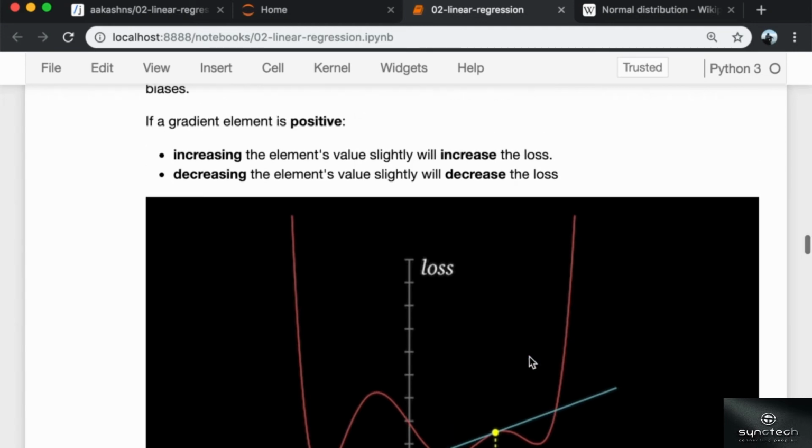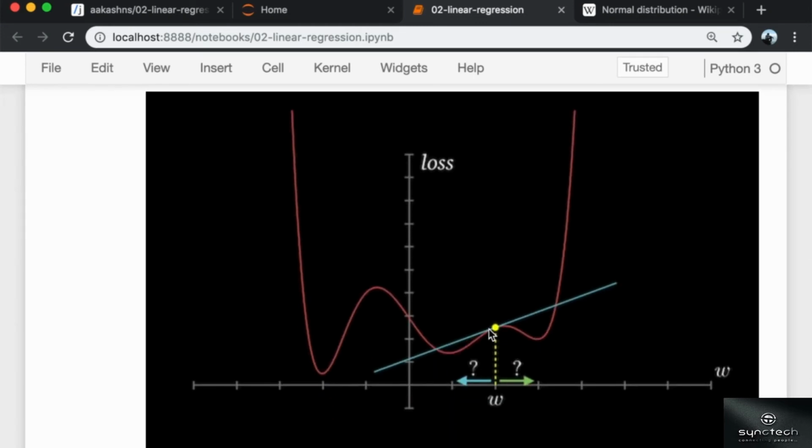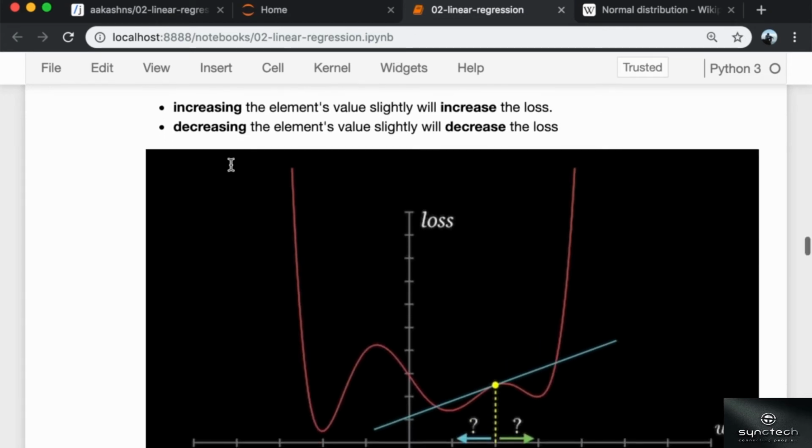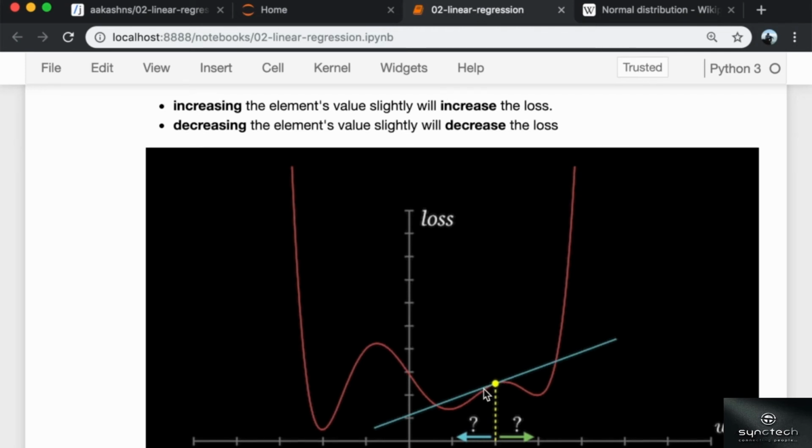If the gradient is positive, it means the slope is increasing. If the gradient is negative, it means the slope is decreasing, right? So if the gradient element is positive, increasing that particular weight slightly will increase the loss, as it happens in this case, and decreasing the element's value slightly will decrease the loss.